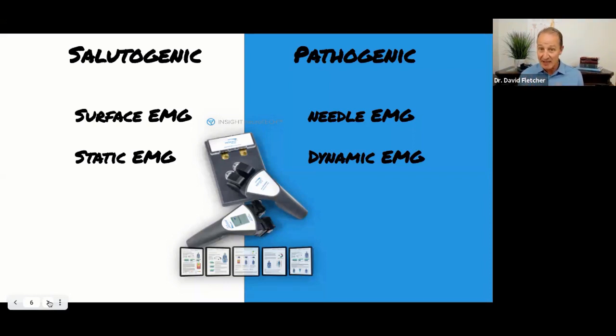Dynamic EMG, which has its place within chiropractic, however, is primarily looking at what is known as a flexion extension phenomenon. And unfortunately, it is primarily used in a pathogenic model to try and identify if there has been some type of poor, in this case, lumbosacral reactivity that unfortunately is related more to injurious or recovery states of that one. Again, not that it's wrong to even look at a dynamic EMG state within the chiropractic model, but in a vertebral subluxation model, we tend to focus on the static side. So I hope that adds a little bit of understanding.